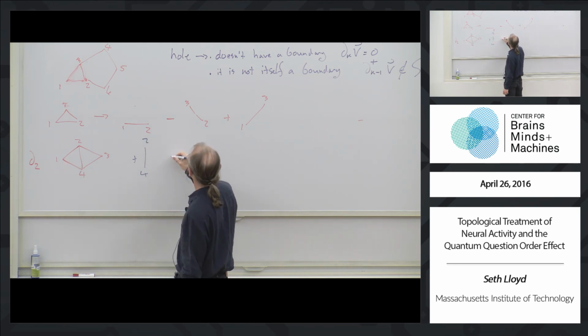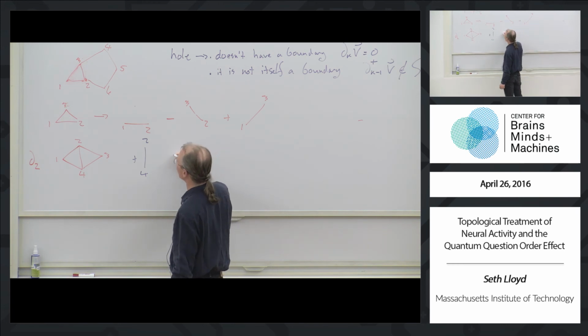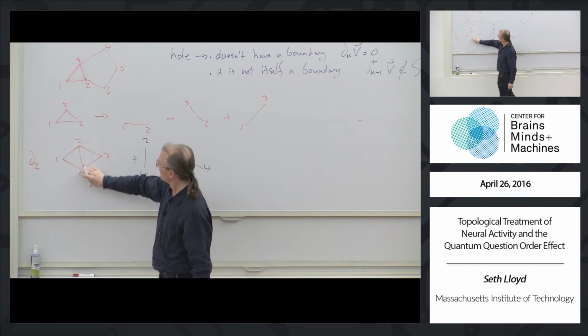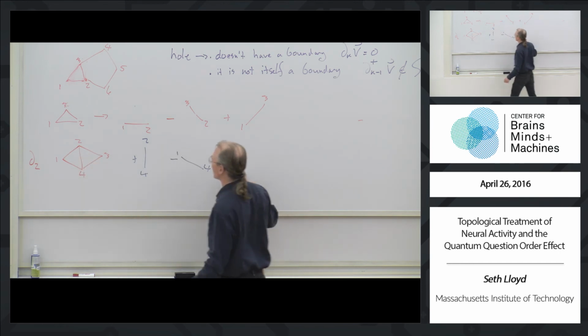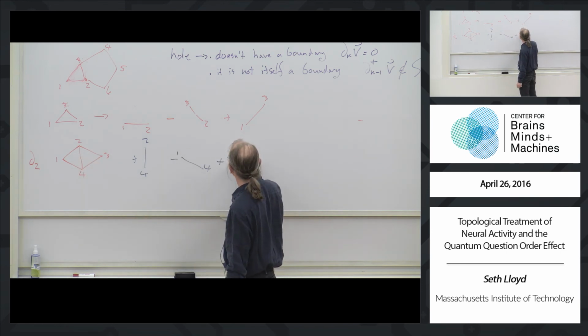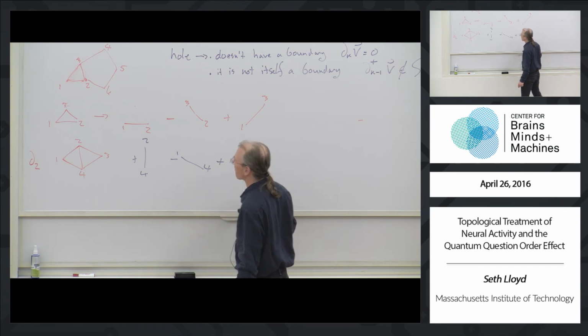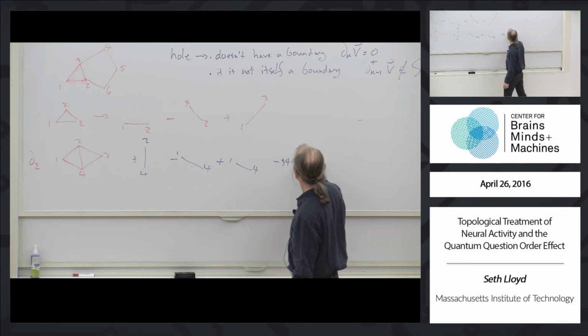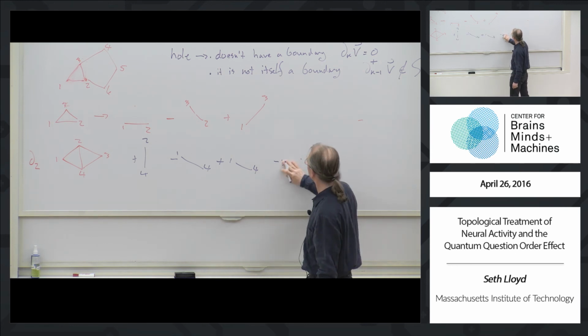I feel very embarrassed. Not only did I put math up, I got it wrong, which is typical for me, right? And then I have minus 1, 4. Second one, I omit the 2. Okay. And then for this one, I omit the 4. So I have plus 1, 4. And then for the next one, I start with 2. I have minus 3, 4. And then I add minus 3, 4.